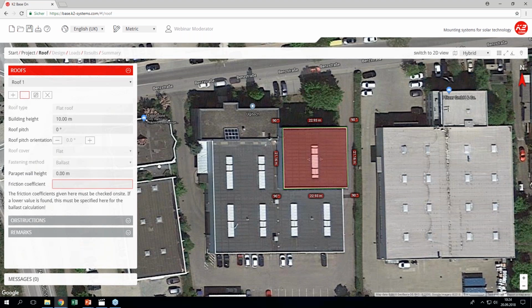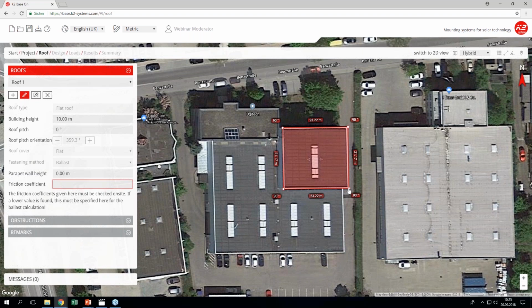And now here we have the roof. You also see the measurements of the two edges here, 22.93 and 21.16. Maybe I have measured the roof before, so I can alter the size afterwards just by using the mouse like this. Or I also have another possibility,